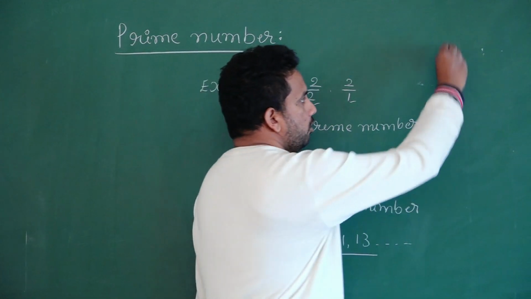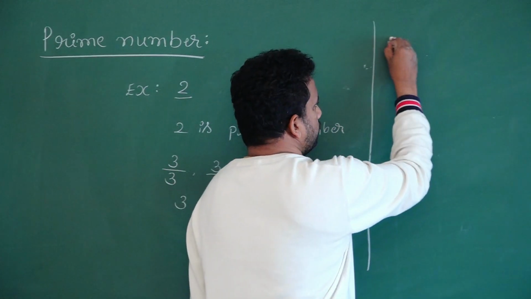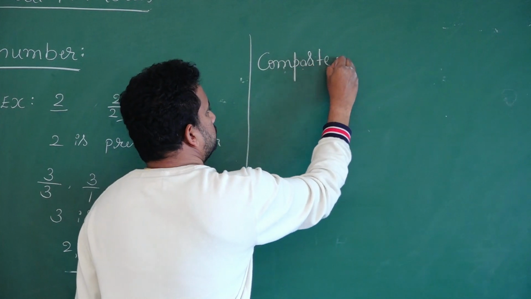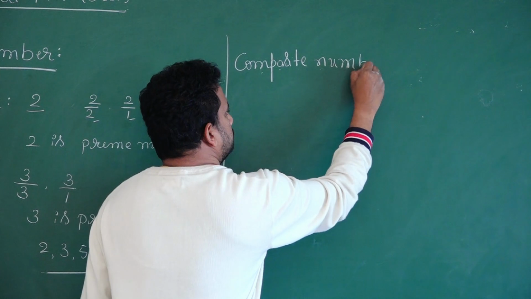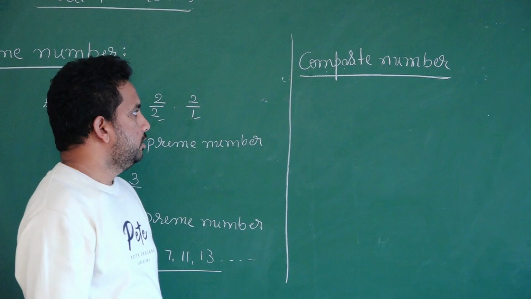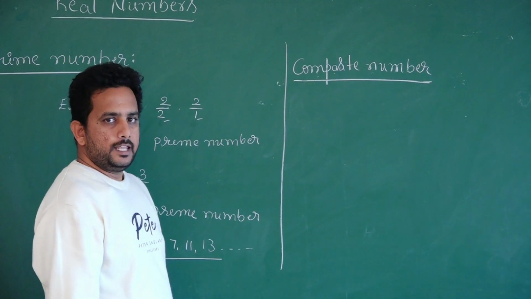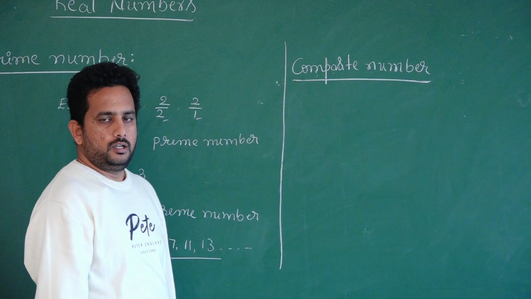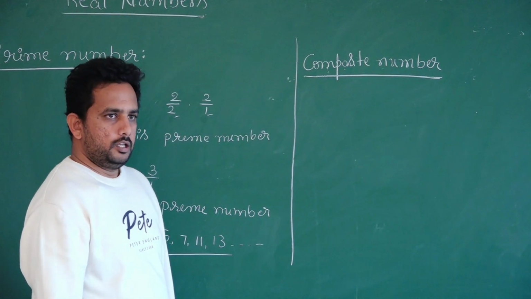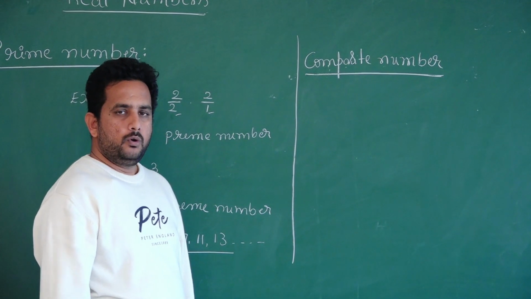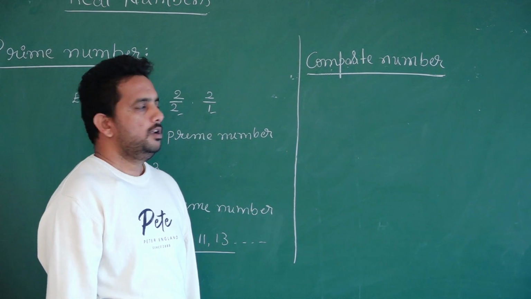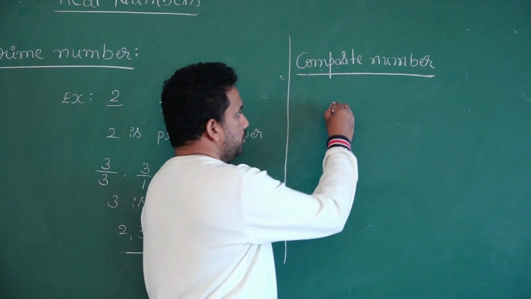Like that we have composite numbers. So what is a composite number? Composite numbers are the numbers other than prime numbers. In other words, a number which has more than 2 factors is called a composite number. So for example